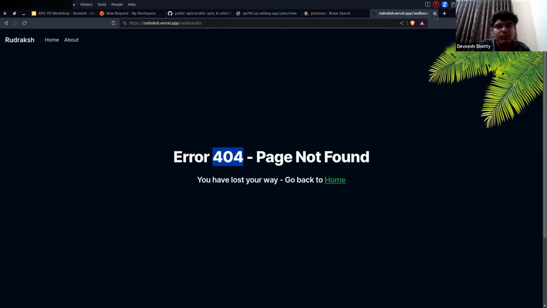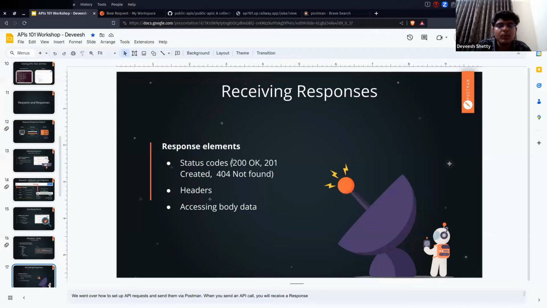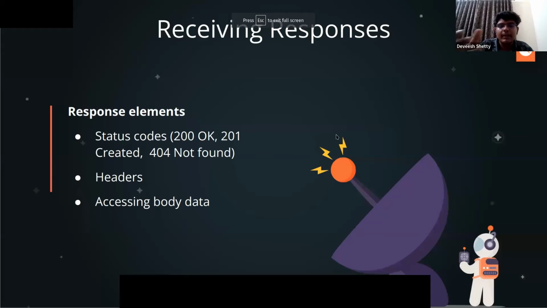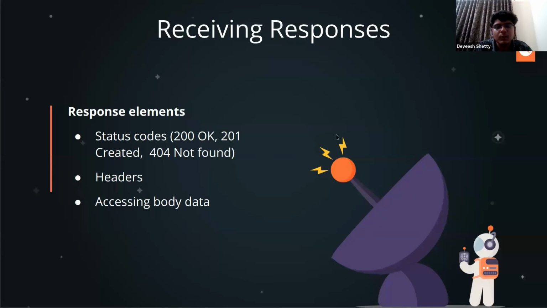Similar to 404, you have 200. 200 means success. Anything starting with 2 and other two numbers, it's a success. 200 means, okay, the request was accepted and fulfilled. 201 means the request which you did was created in the database. It got created. There is another 300 series. 300 series, you won't see it very often. It is for redirection. So if you didn't find it here, it will redirect to some other endpoint. For that you will be using the 300 status code.